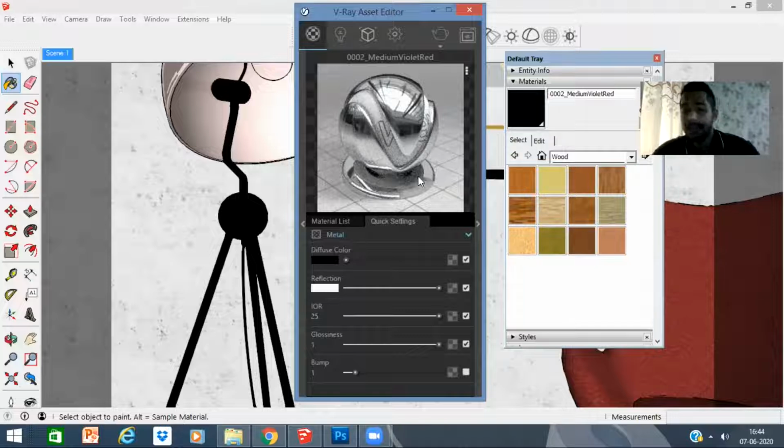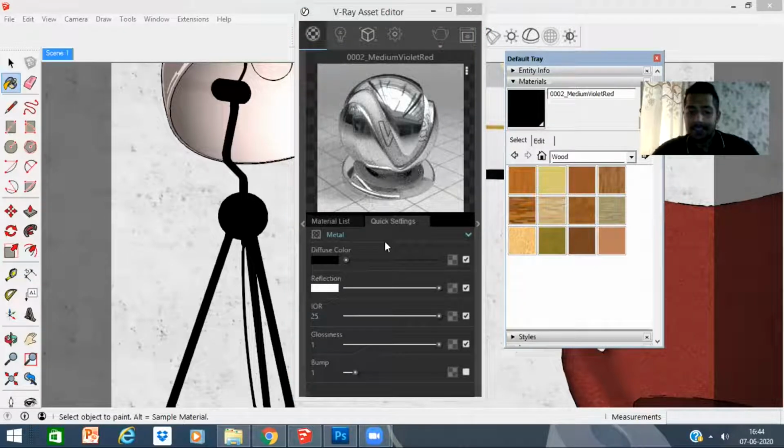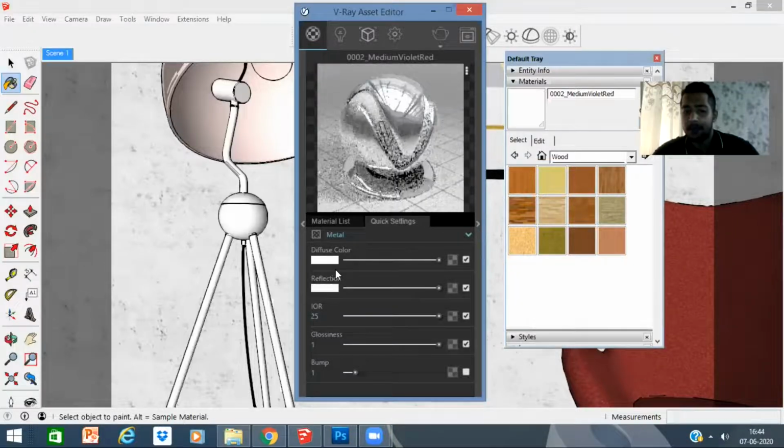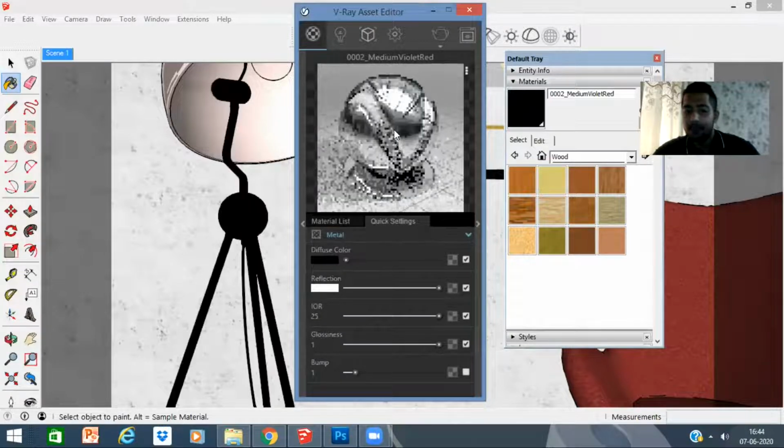And how do we do that, guys? So basically for editing this material, you can see we have reflection, IOR and diffuse color. At the moment, if I keep my reflection completely white, you can see it becomes like a silver color over here. And if I reduce this, it becomes a little bit darker. And the more I reduce the reflection, it will become a little darker. Guys, see, this is a metal.